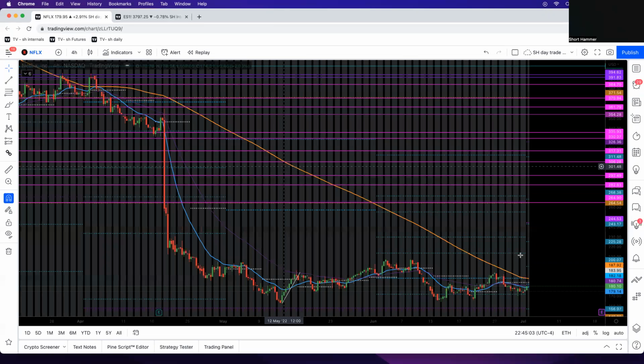All righty. So if we're looking at Netflix, we can go all the way back to the 13th of June. And we see these sort of bouncing around here, right? We're not going too far below the 171 area, and we're not getting any true traction above the 184.90s. So what I would watch is if at some point we get over the 188.60, which is this pop blue here,